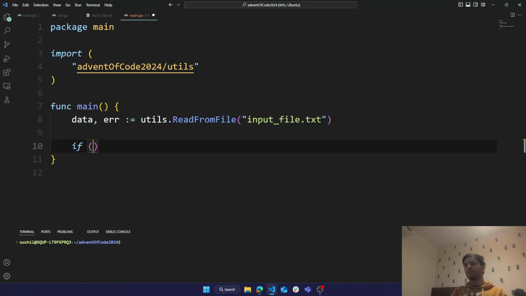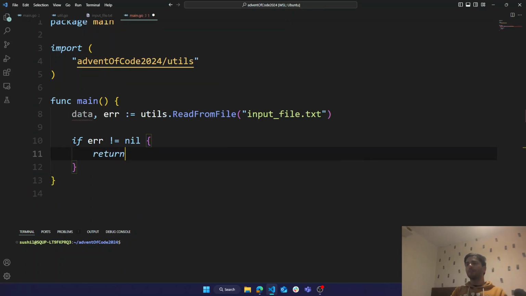If error, I keep forgetting it doesn't mean when it's not equal to nil, and then we return the error.